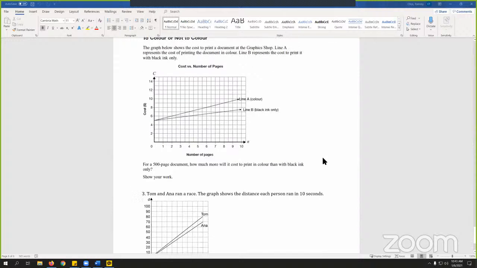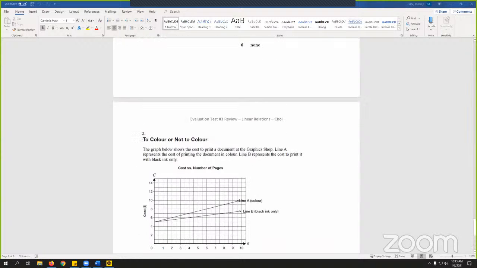And there's going to be 2 kind of word problems at the end. Can you describe or explain to me and compare different things, right? Can you explain to me what the rate of change means in terms of the question? Can you explain to me what the y-intercept means? Can you explain to me which person is better, or which company is better, or whatever it may be, right? So you should be able to also do this, and this would be the last part. So that's the quick